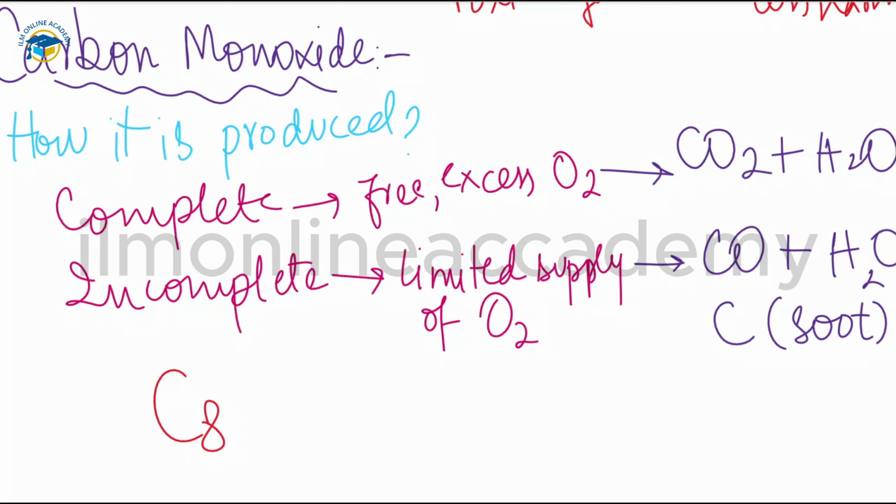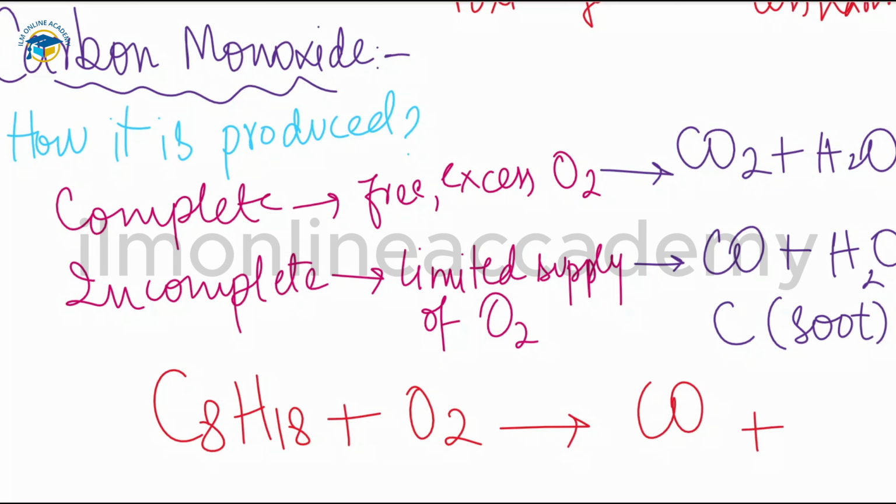So we have hydrocarbon, which is the octane. When this octane reacts with oxygen, O2, it produces carbon monoxide, CO, plus water vapor. So this is how carbon monoxide is released. This is the incomplete combustion, and we can also compare this hydrocarbon fuel